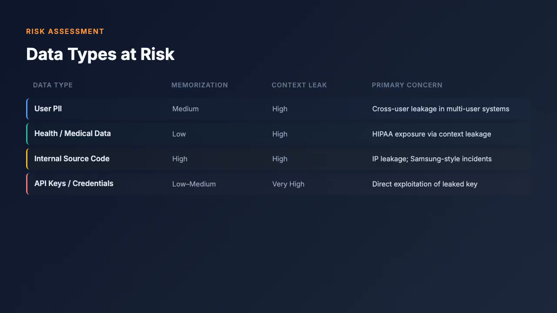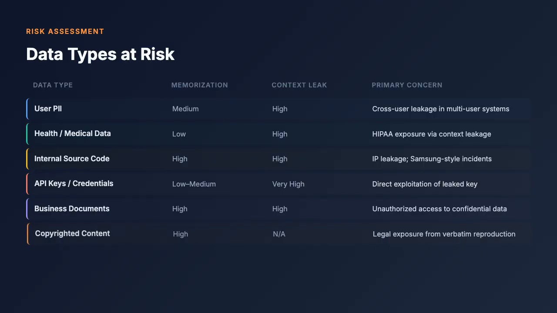API keys and credentials have very high context leakage risk if stored in system prompts, with the concern being direct exploitation. Proprietary business documents carry high risk on both fronts if used in fine-tuning or RAG. And copyrighted content has high memorization risk with legal exposure from verbatim reproduction. The key takeaway is that different data types face different threat profiles, and your defenses need to address both memorization